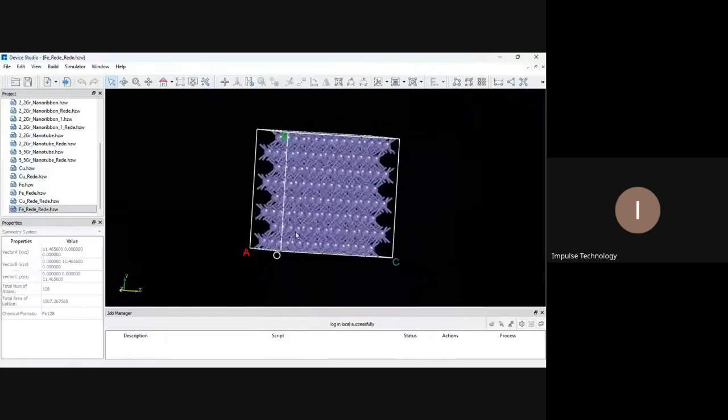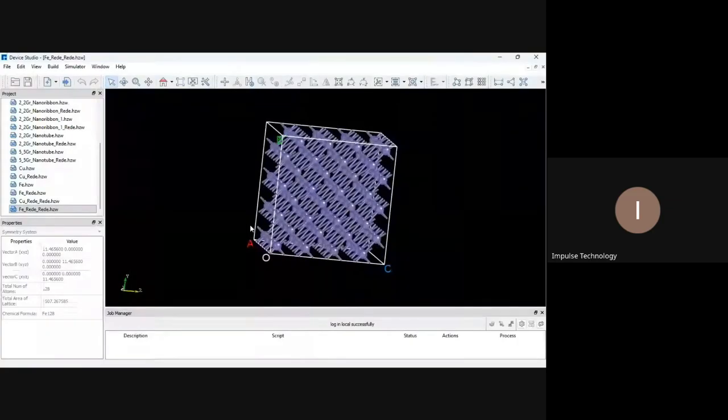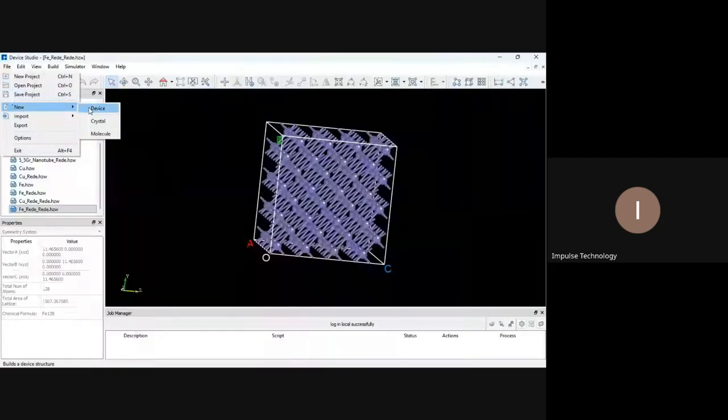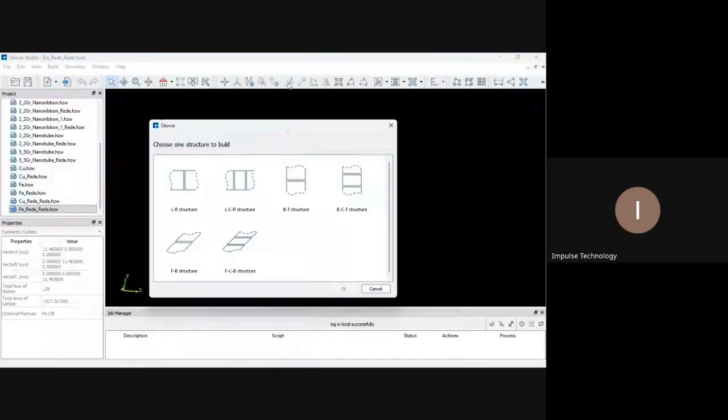You can see, to create a device structure, you have to go to the file option and new. Here you can see the device option. If I click on this device, it will open the structure to build: left right structure, left center and right, bottom and top, bottom center and top structure, front and back structure, front center and back structure also. If I click on left right structure and click on OK,